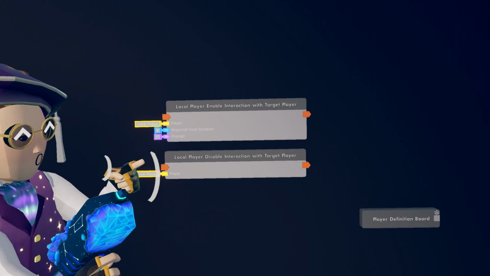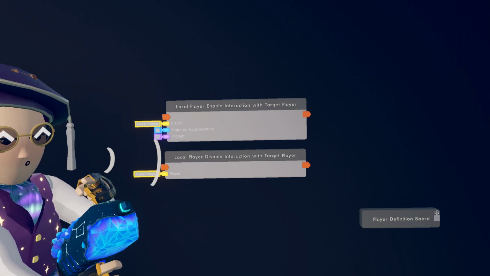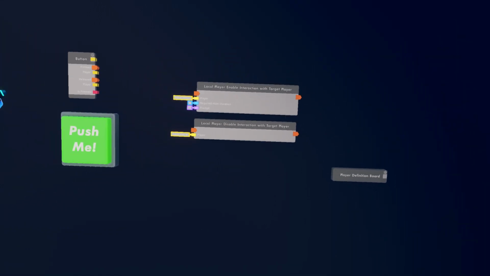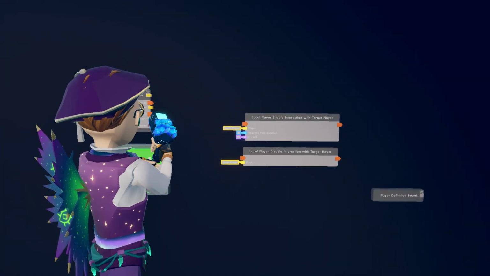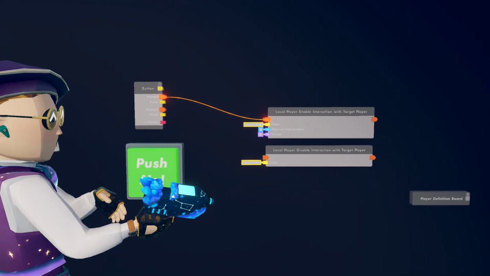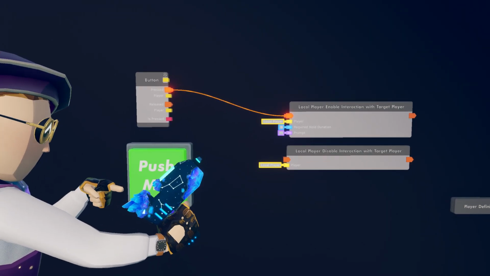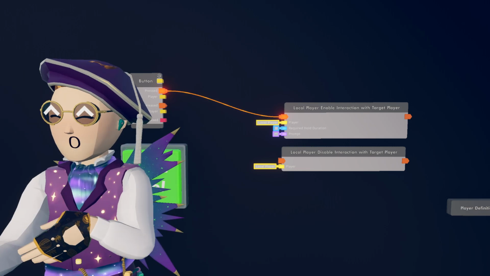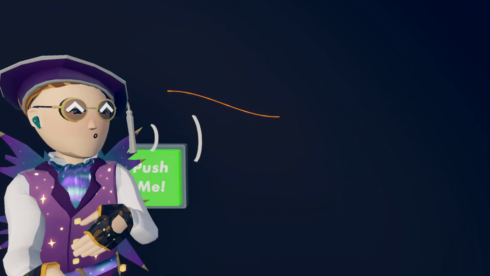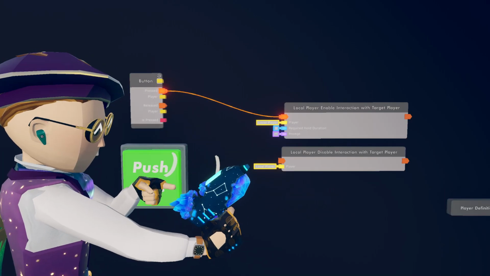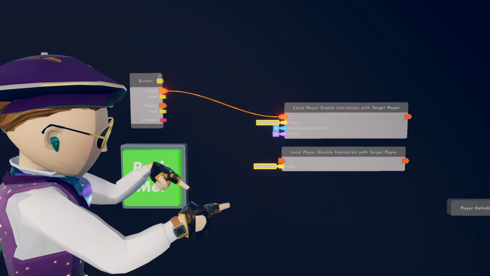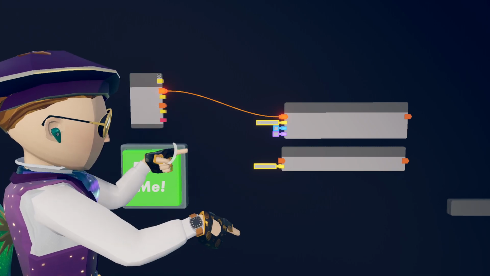So here, what's a better way to show you than to actually do it? I'm gonna put this button down and put this here. So now there should be a player definition on everyone. If you're holding out your maker pen, you might notice there was an error just then. That's because you can't do it on a local player. Oh, and I just did it on the local player. That's why. Let me get all.